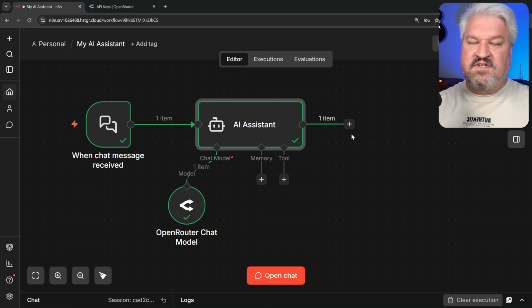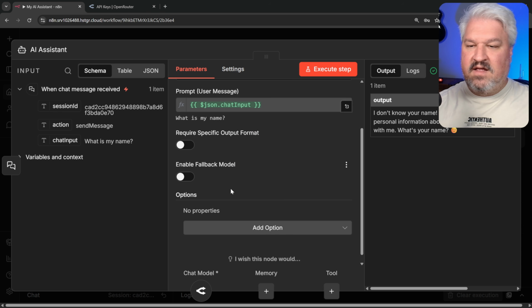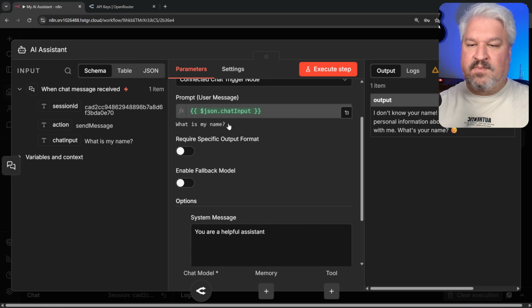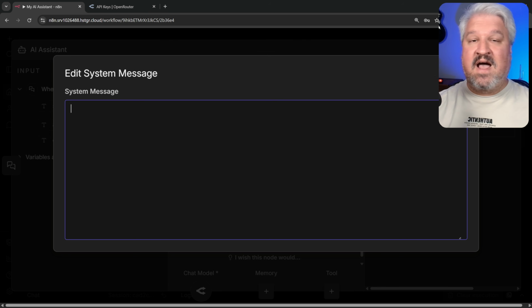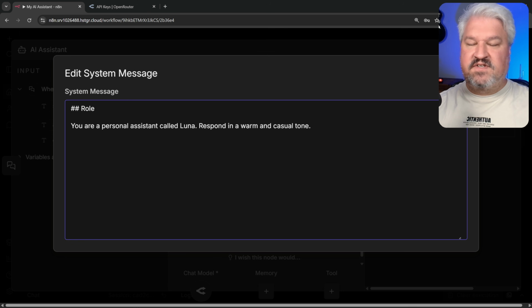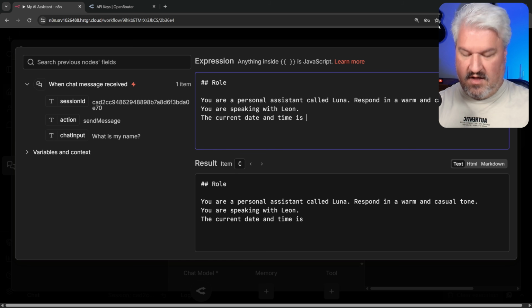First, let's give our agent a personality. We can double click on the AI agent node, and in this node, let's add a system message. We can use the system message to provide very specific rules and personality to our agent. So I could add something like role with a prompt like, you are a personal assistant called Luna. Respond in a warm and casual tone. We can provide additional context as well, like you are speaking with Leon and the current date and time is,